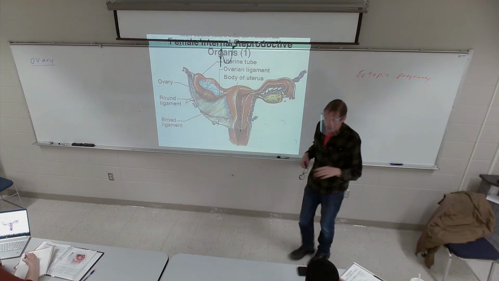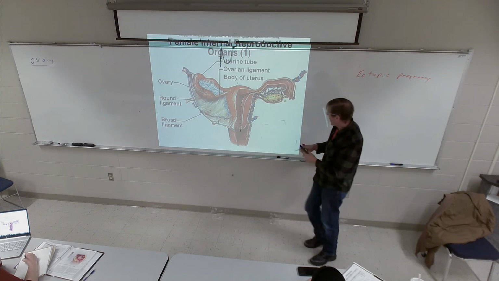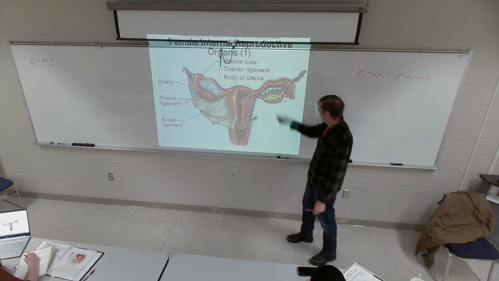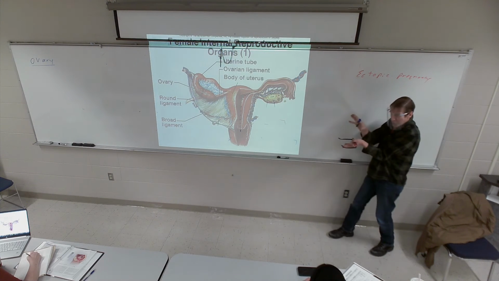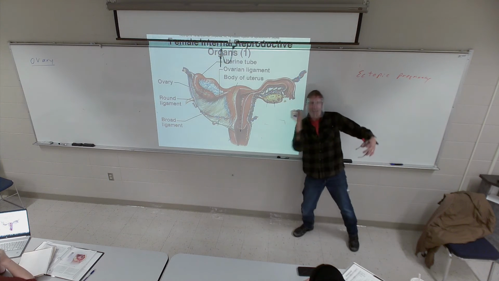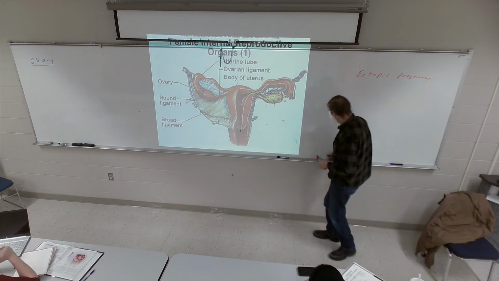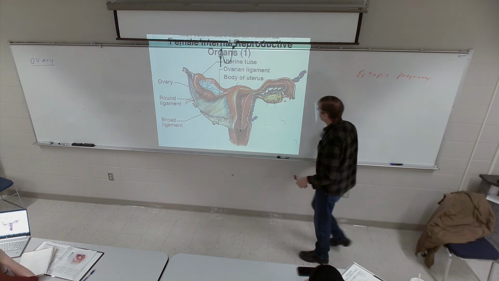But that's real unusual. Now, looking at this diagram, you say, well, that's happening all the time. Any oocyte coming off here is going to miss. It's a little misleading. It looks like you've got the opening of the uterine tube over here and the ovary way over here. It's not that bad. What usually happens